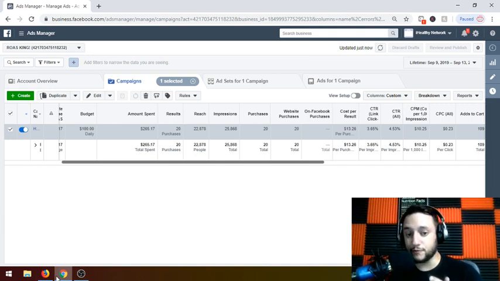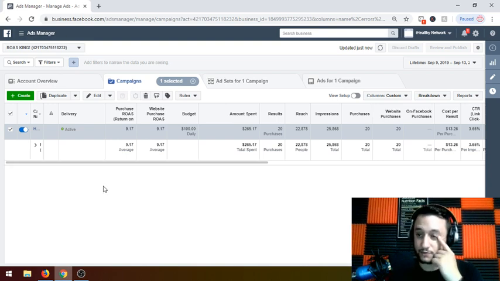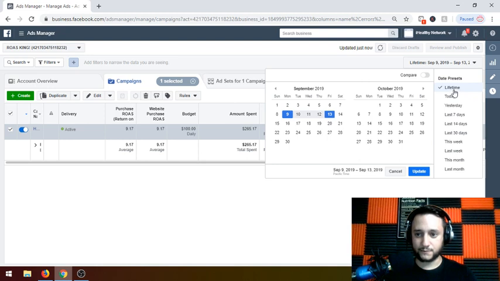Shopify store. But before we do that, I want to show you a store that I created 3 days ago, and just to prove it, this is my ads manager right here. I created this store 3 days ago, on September 10th, and started running ads to it September 11th. So far, as you can see here, amount spent, I've spent a total of $265 and 17 cents. And just so you see that this really is a brand new ads account,